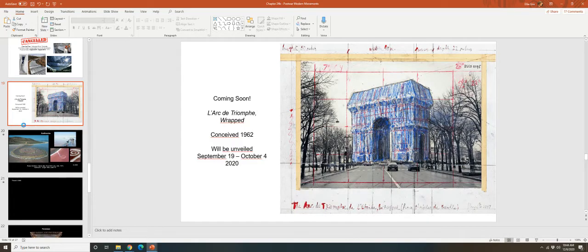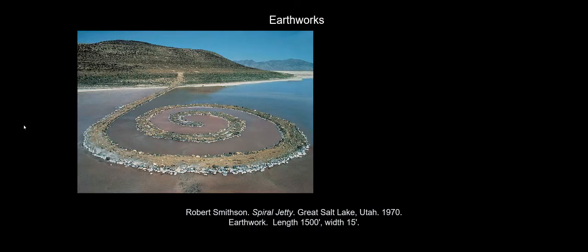All right, so the idea that art no longer has to have an owner. Art can be an experience. You don't have to go to a museum to see art. That's the case for Robert Smithson. This is an example of a type of art called earth art or earthworks. And you can probably guess why it's called that. It's art made out of, well, earth, natural materials, sticks and stones and rocks and dirt, snow, leaves.